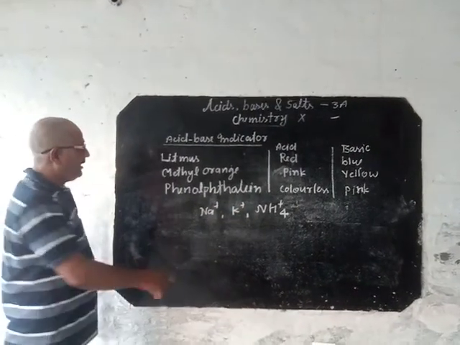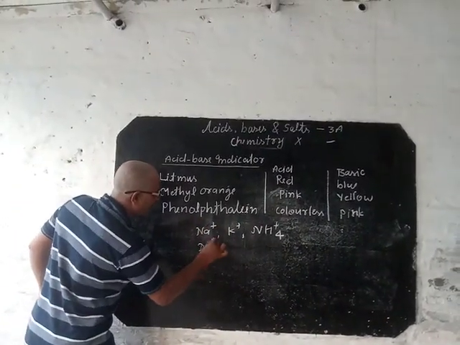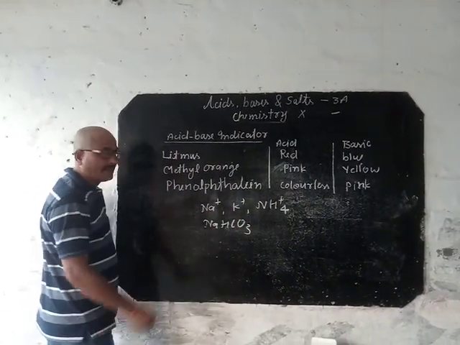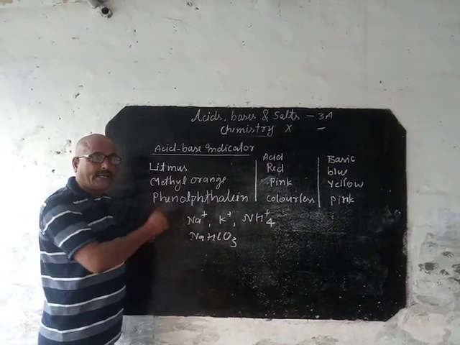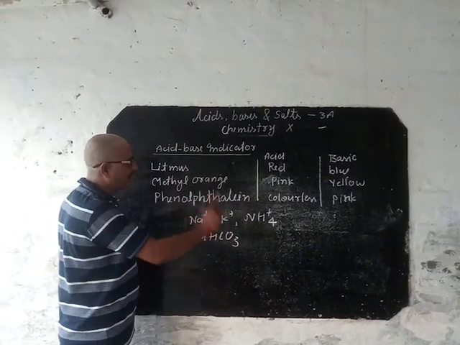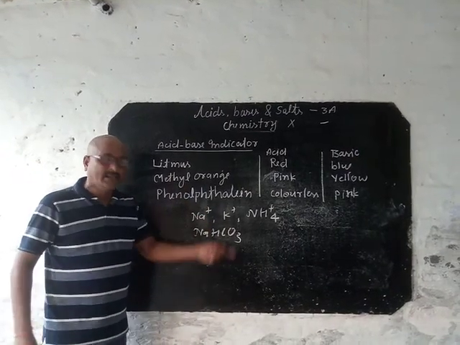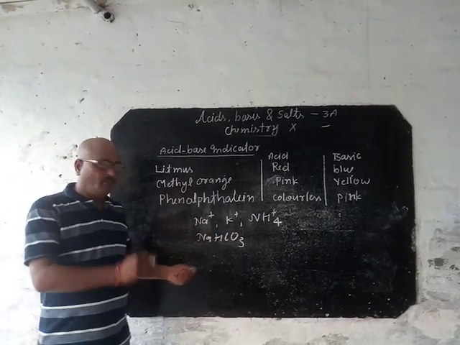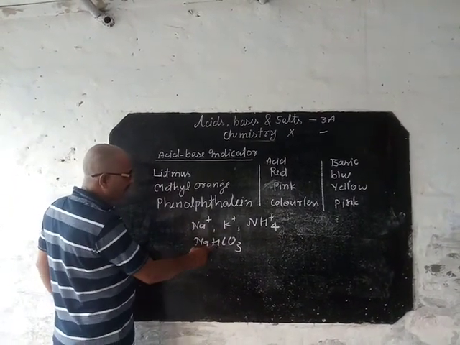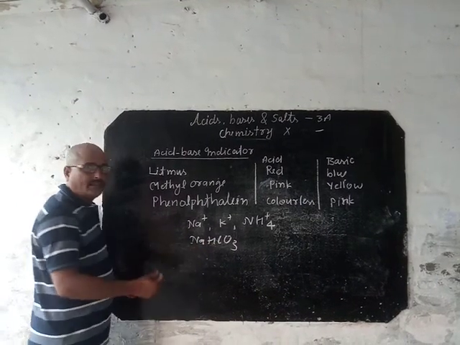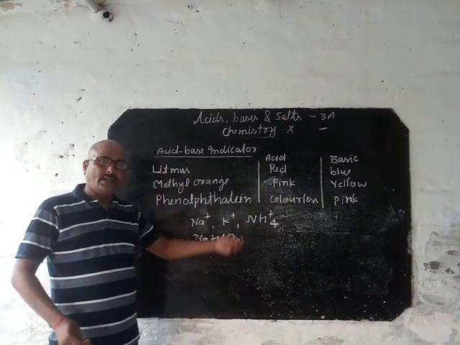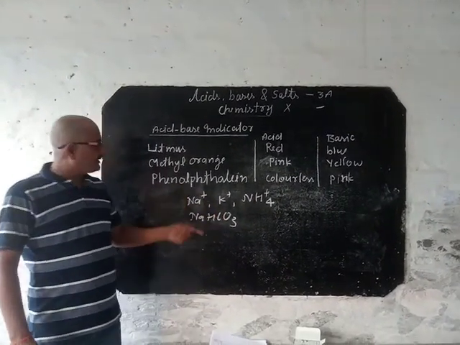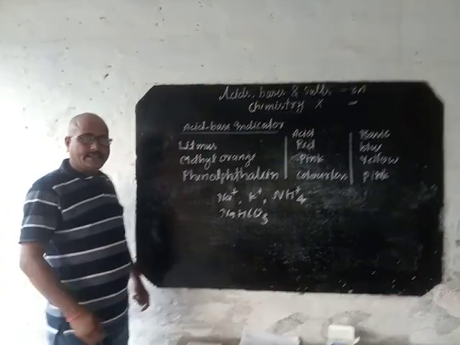What I say? Suppose that sodium bicarbonate, potassium bicarbonate, ammonium bicarbonate, sodium nitrate, sodium nitrite, ammonium nitrate, ammonium nitrite, potassium nitrite, sulfates and chlorides are soluble in cold water, whereas for sodium hydrogen carbonate, some are strongly soluble, but other salts are insoluble in cold water. That is given already on page number 49.